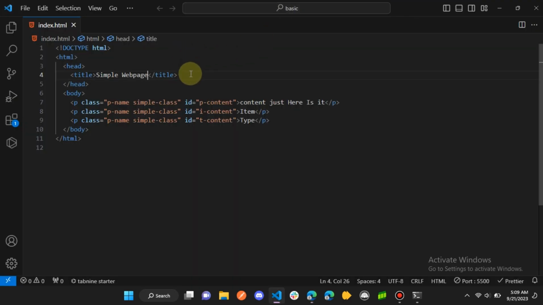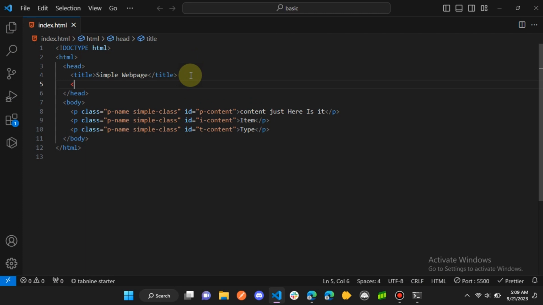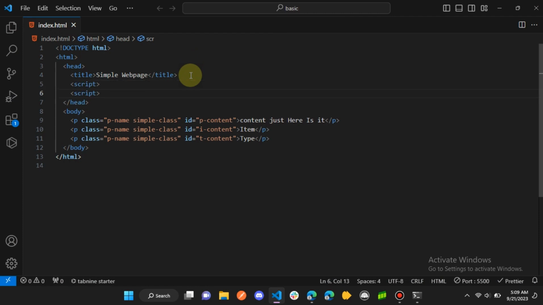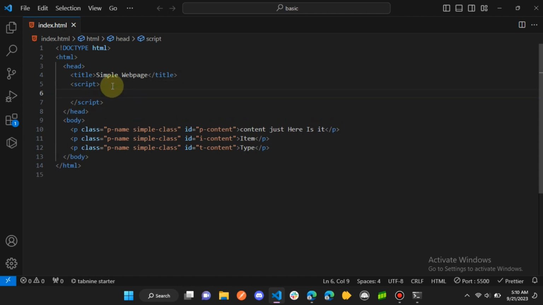And let's look at script. So let's say you want to write some JavaScript over here, which is above the scope of this video, so I'm not going to go into that. If you do something like this and you close that, you could write some JavaScript into here. But more often than not, what we like to do is we like to link up